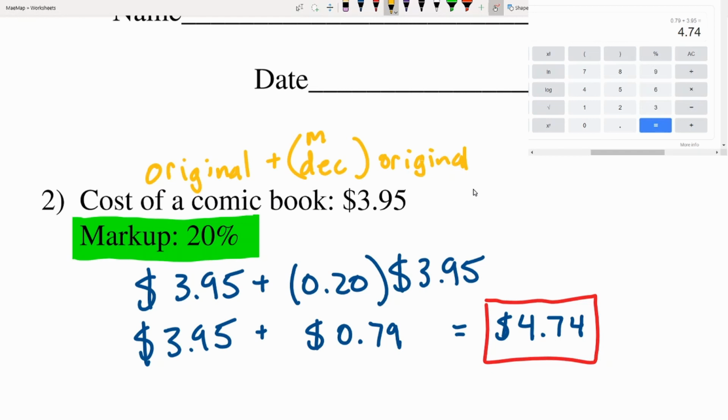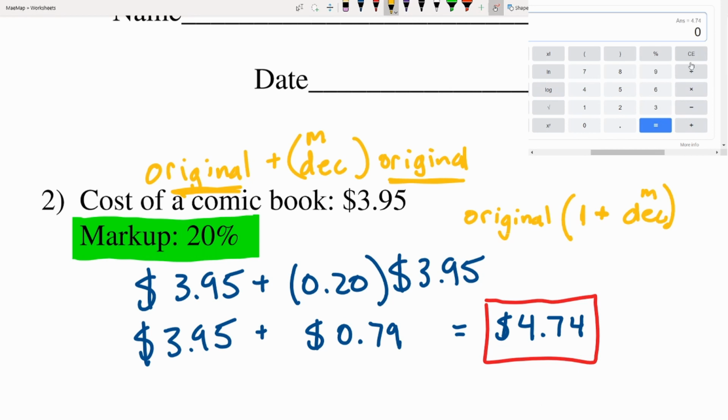Think about the distributive property. If we took this original amount and pulled it out of each of those terms within our addition, we would have the original amount multiplied by 1 plus that decimal markup. So let's double check this. If we took our original amount of $3.95, let's look at the calculator as I do this, I'll take $3.95 and multiply that original amount by 1 plus our decimal markup, and there we have it,